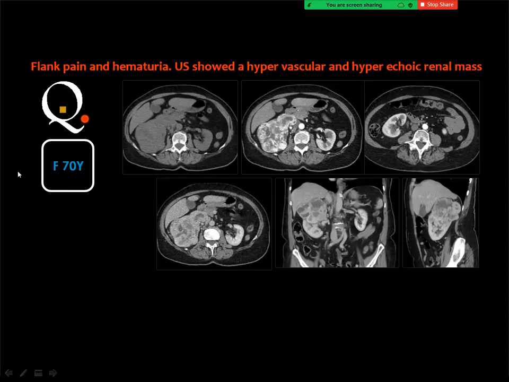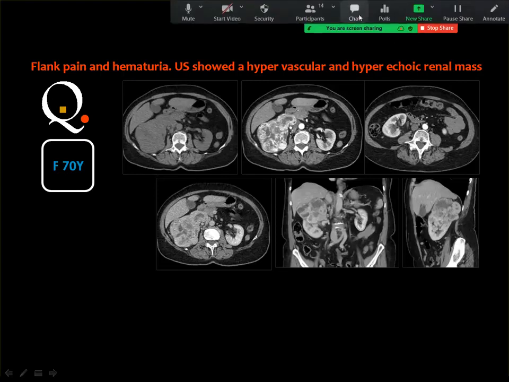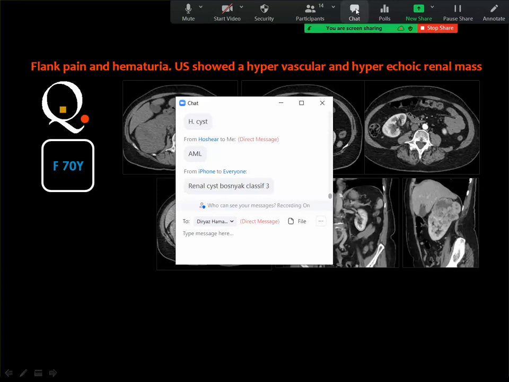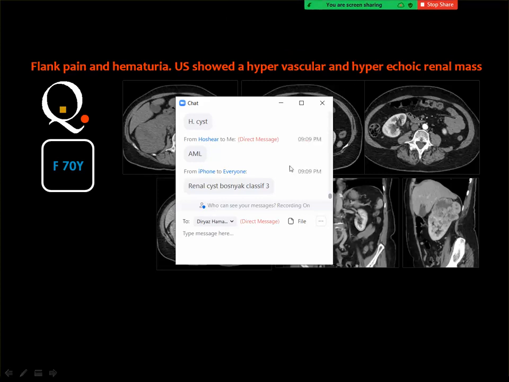Next case is a female patient, 70 years old, and these are with pre-contrast, arterial phase, venous phase, coronal, and sagittal. Yes, any possibilities? Oncocytoma, angiomyolipoma,